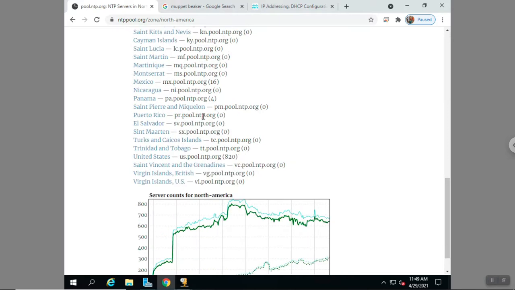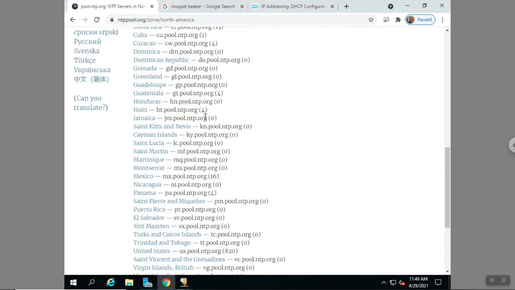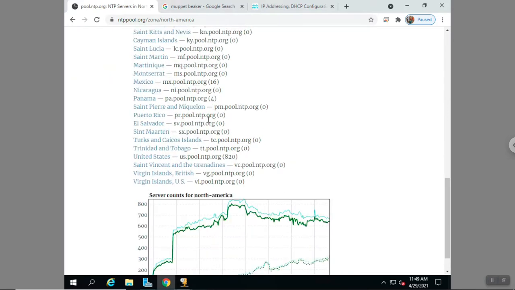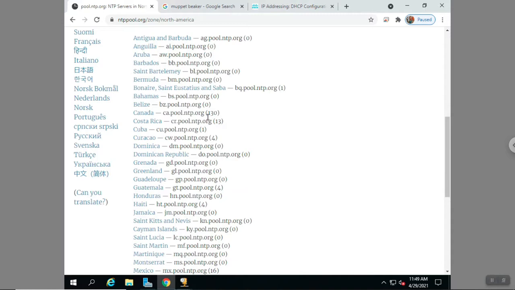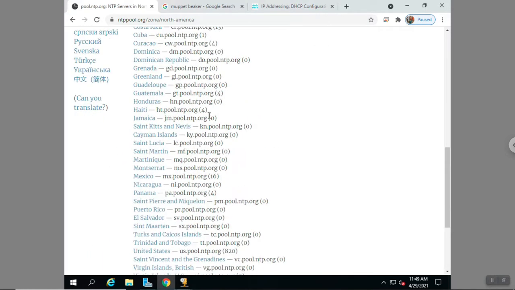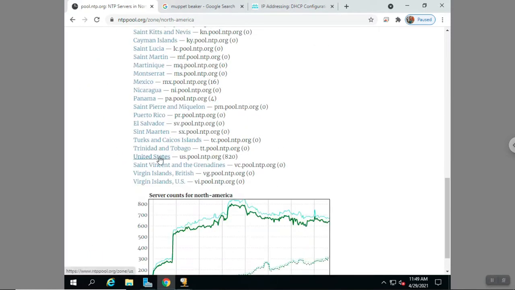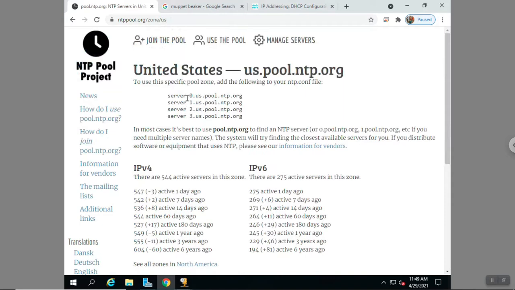And actually, geographically nearby, there aren't too many in Puerto Rico either, or in neighbors. So what I'm going to do is actually select the United States, and then I'm going to put this pool number, instead of putting the first one, everybody will put in the first few. I'm going to put in the last one,